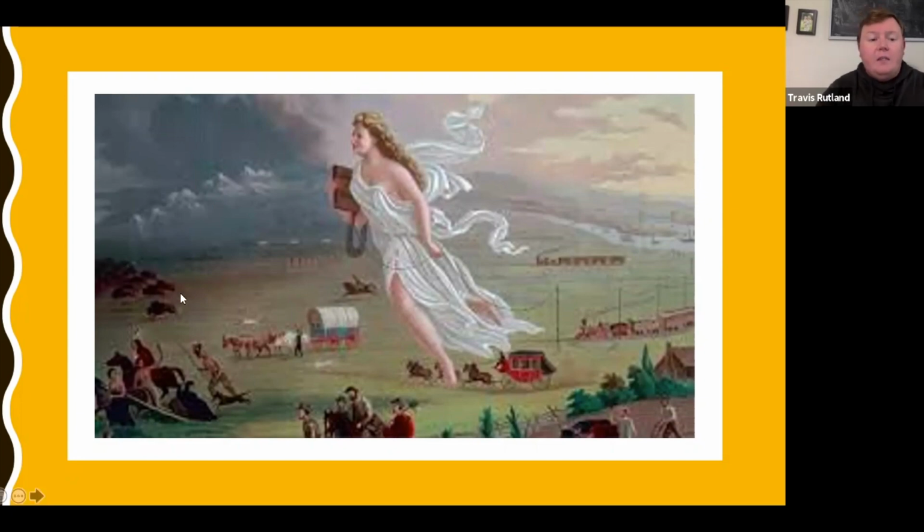And we see a couple of things here. Over here to the left, we see this herd of buffalo or bison. All right, we also see Native Americans. And then we see different kinds of people moving that direction. Okay, so we have stagecoaches here going to the left. We have a covered wagon that they would use to move west. All right, men on horses. We have miners here with their pickaxes. We have a homestead here with people farming in the bottom right-hand corner. We see two trains. We also see a river back here with steamships on it. And one thing, she's holding this telegraph wire.